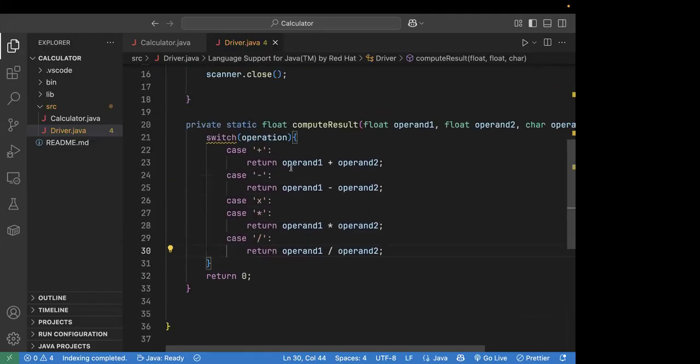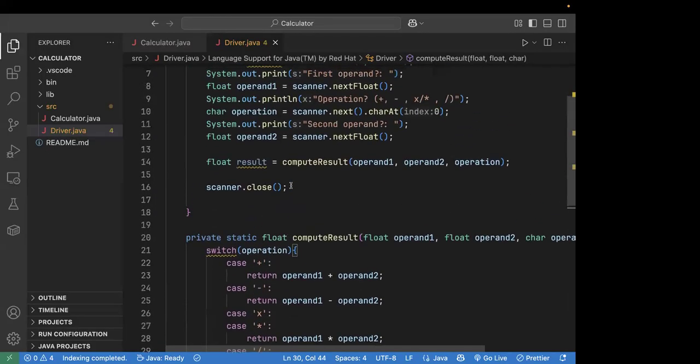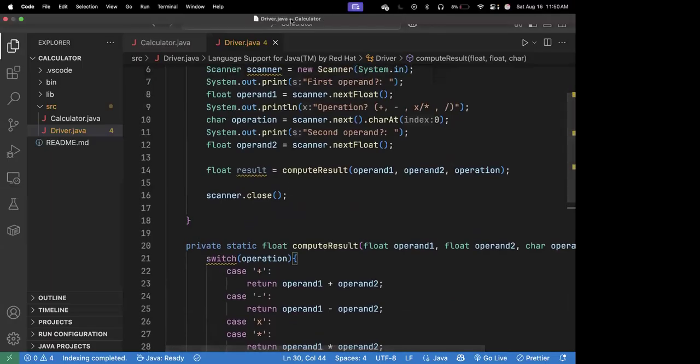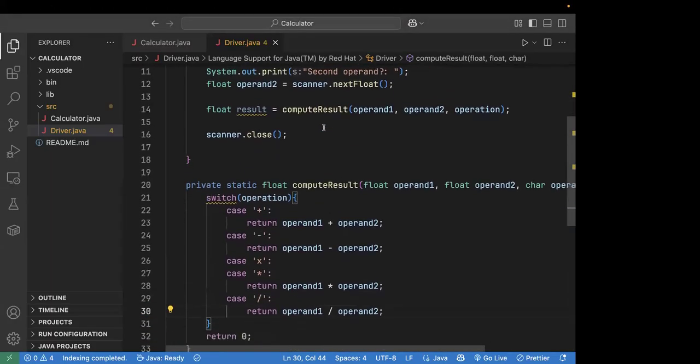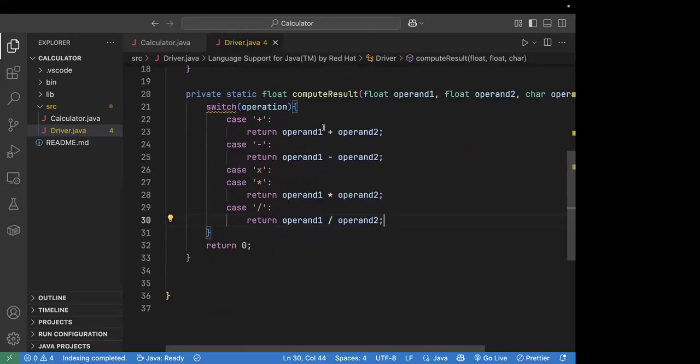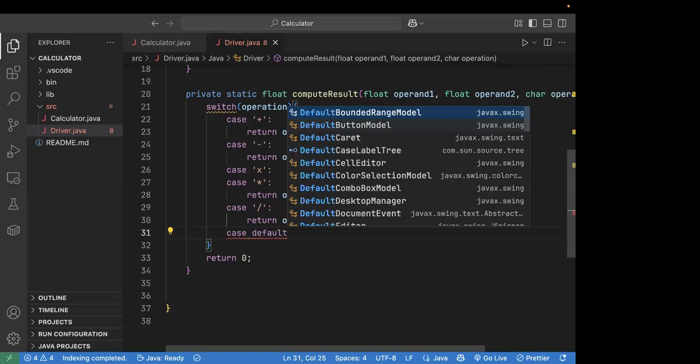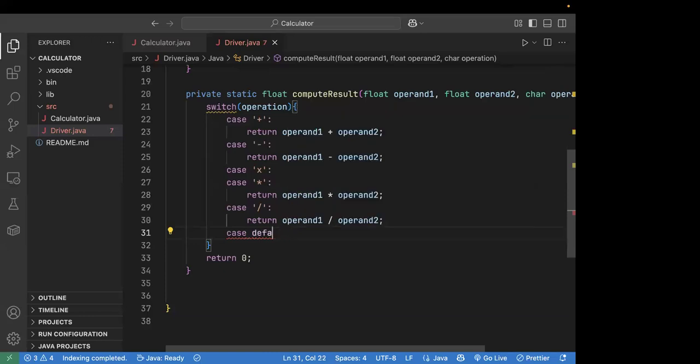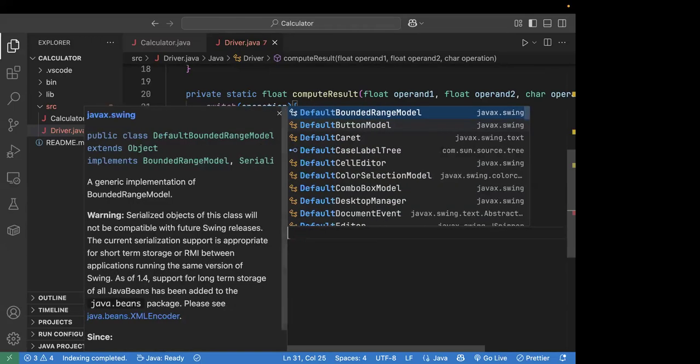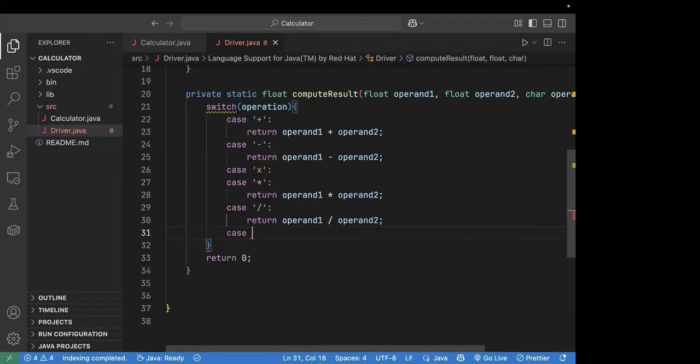And the only other thing is that the computer might not understand it, so there's a case of what if the operation isn't recognized? For that we call that case default, I think. Default. I have to double check this. I thought it was called case default or